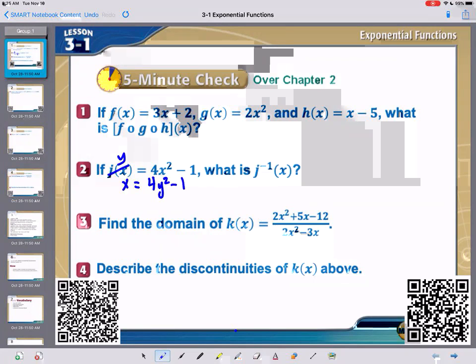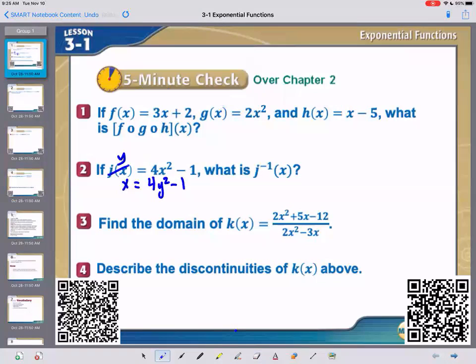And we'll solve that for y. So this right here, that x equals, that is the equation. It's just not in standard form. Normally we solve it for y. That right there, if we type that into Desmos, we'll graph because that is an equation and you'll know what the inverse looks like. But to solve for y,